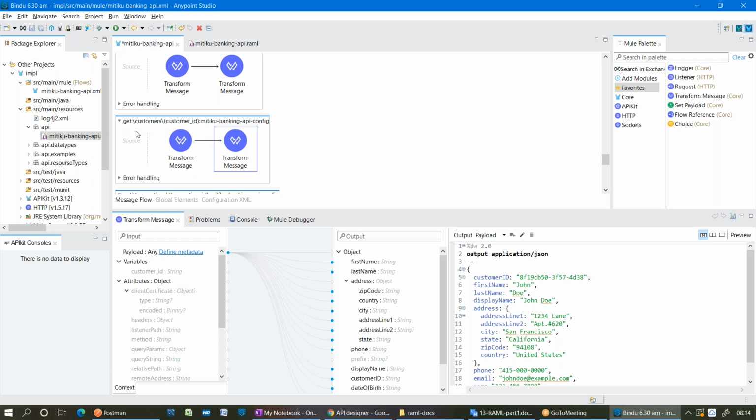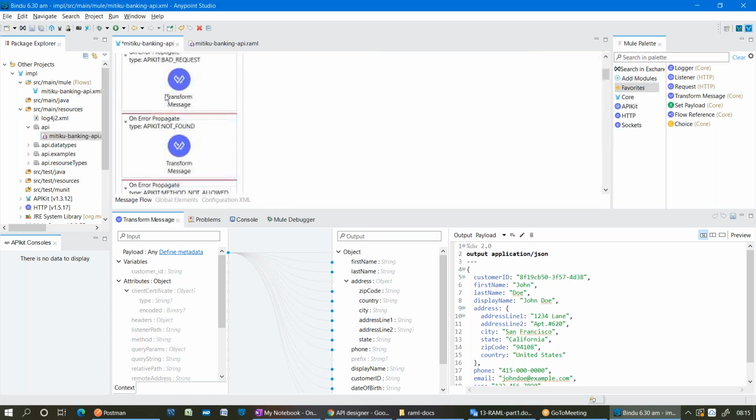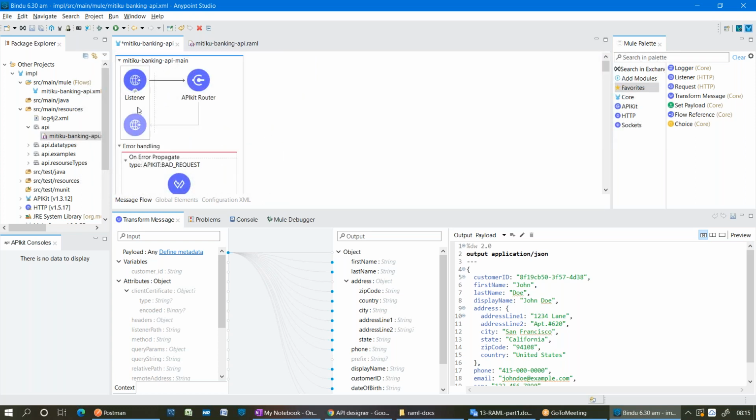My one more suggestion is, don't write the implementation logic in your automatically generated flows. Please create one more XML file and write the implementations over there. And how do you invoke that flow from this flow? Yes, how to invoke one flow from another flow? Flow reference. Yeah, I can use a flow reference here. I can invoke that flow, which is written in some other XML file. Got it? At the end, the payload will be given back to the listener, and that will be displayed to the client, right? This is how it works.